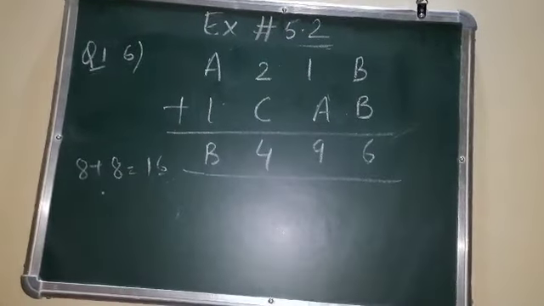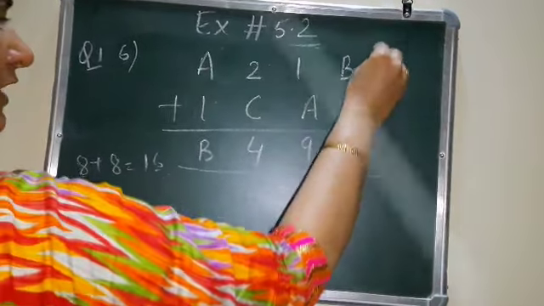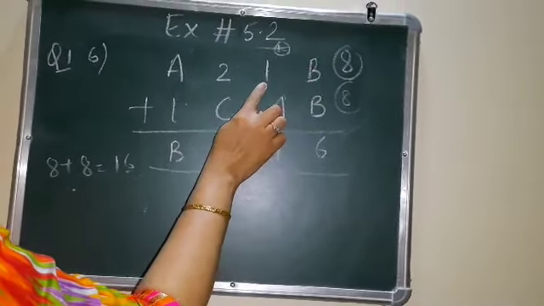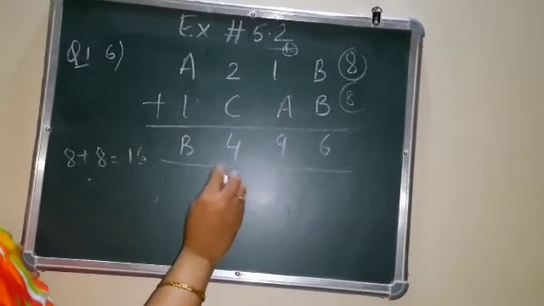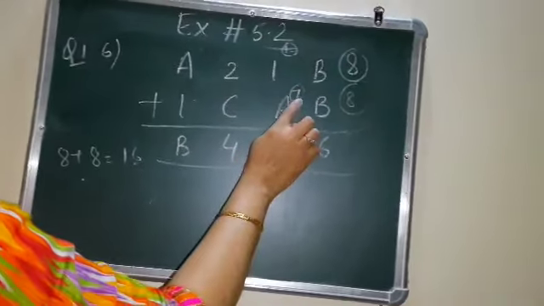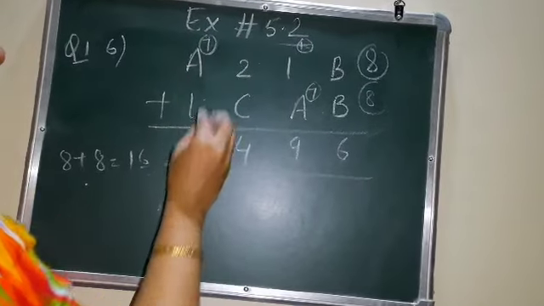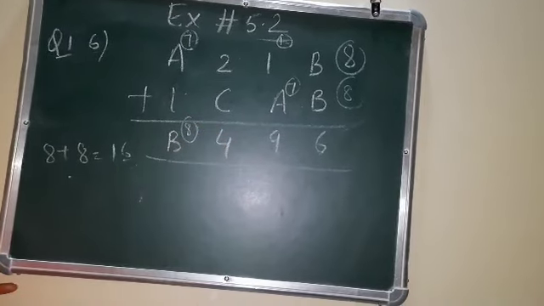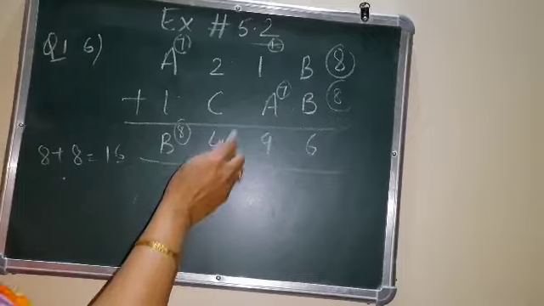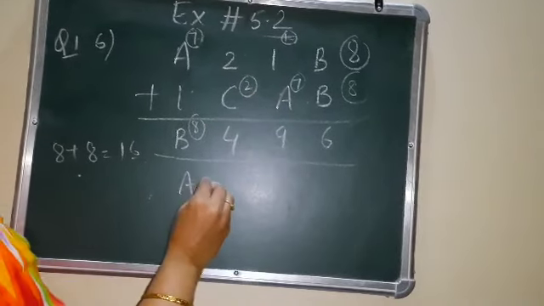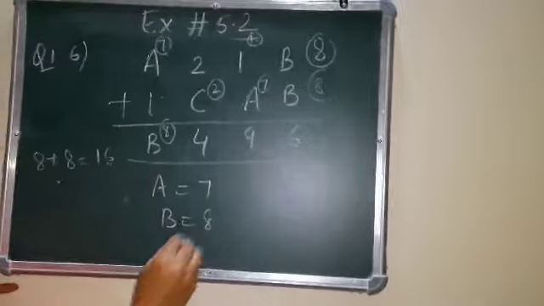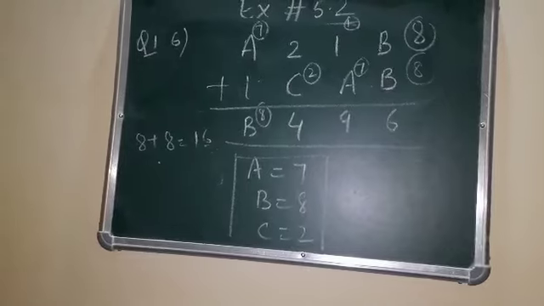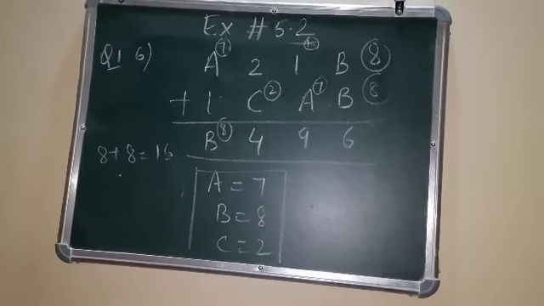And now I am taking the other option. 8 plus 8. So we will check it again. 8 plus 8 is 16. 1 carry. 1 plus 1 is 2. And what will you add to 2 to get 9? 7. So 2 plus 7 is 9. So if I am getting 7 here, I have to put 7 here also and B as 8 here. 7 plus 1, 8, it is correct. So just we have to see here, 2 plus dash is 4, it is 2. That means my A is 7, B is 8 and C is 2. So this is my answer for the question. Right? This is how you have to apply logics.